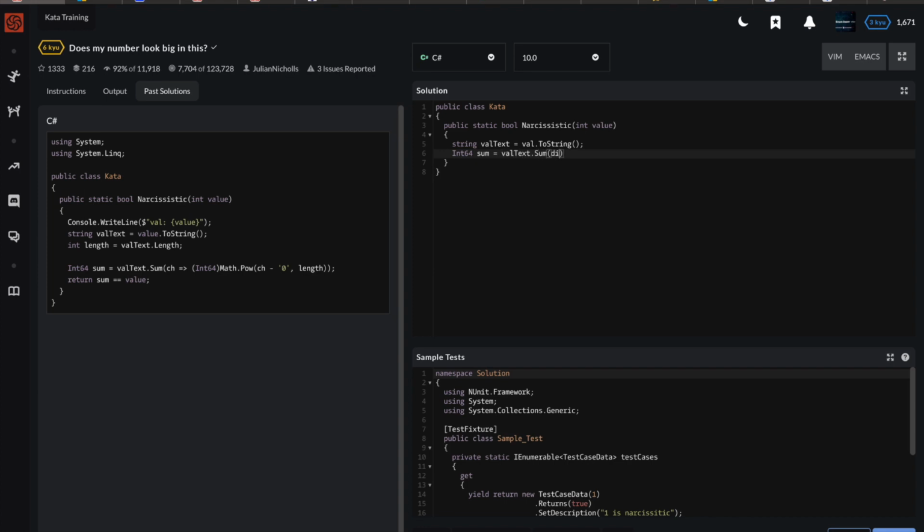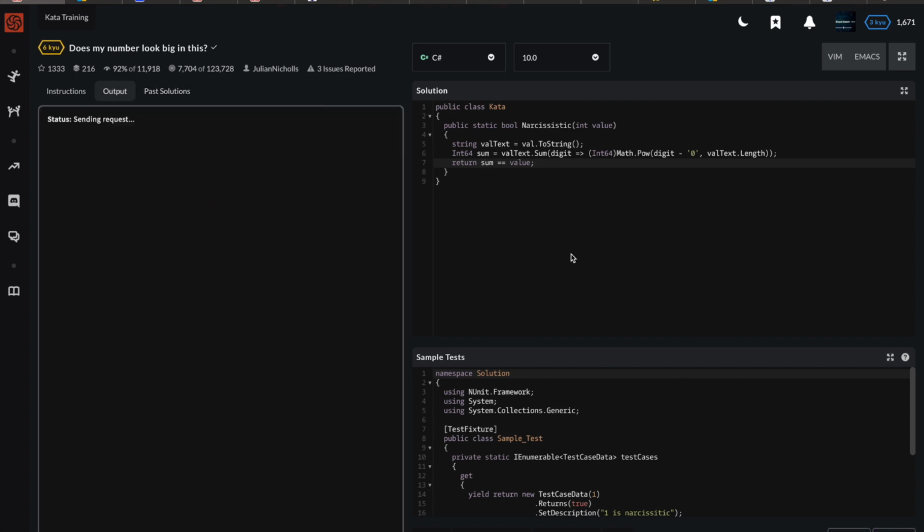I use ch here. I like digit a little better. Notice how now I'm converting it to an int64. I'm making the types match. And I'll say Math.Pow. We take our base, which is digit minus the character 0, to the power of valText.Length. That'll give us our total sum, and then return sum equals value. That was the definition of narcissistic, right? The sum has to be equal to the value. So when I do it this way,